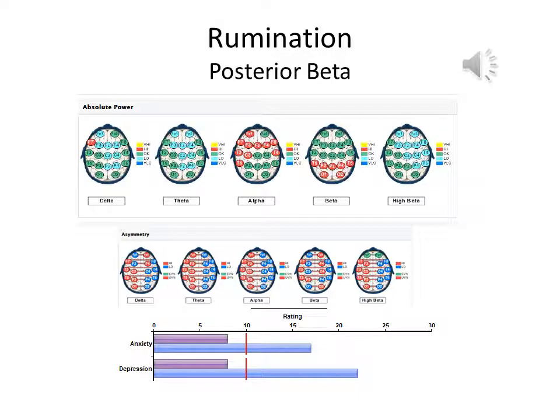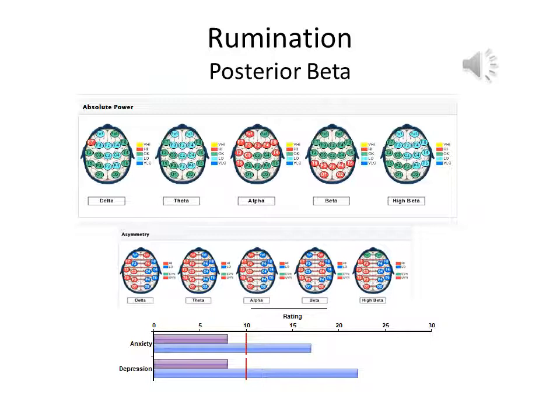The third type of anxiety map that we want to look at in relation to Engels' work is the one on rumination. Typically in rumination we find elevated posterior beta. These findings were also reported as far back as the late 80s in the journal Science of other people experimenting with EEG and symptomology. Notice also that we have a strong beta asymmetry with an even stronger alpha asymmetry in the lower section showing symmetry, and that anxiety is high, but depressive features are starting to show up above 20 and getting into a pretty good clinical level of significance.